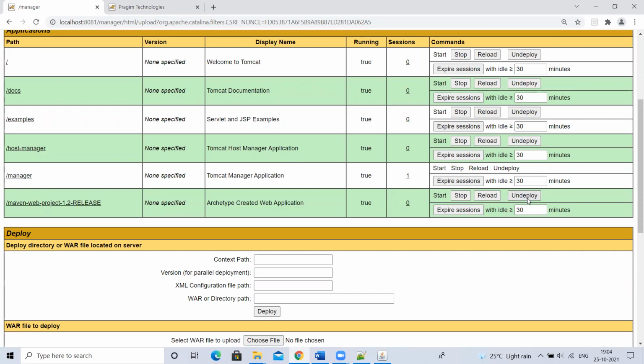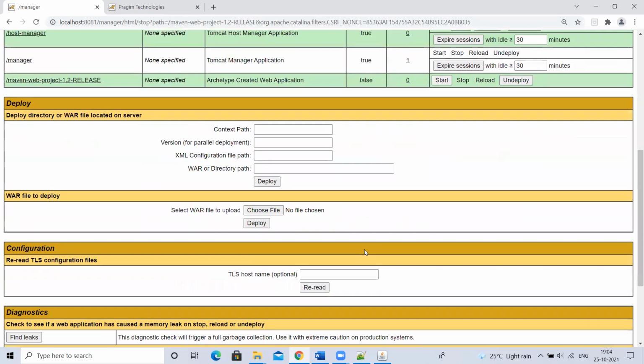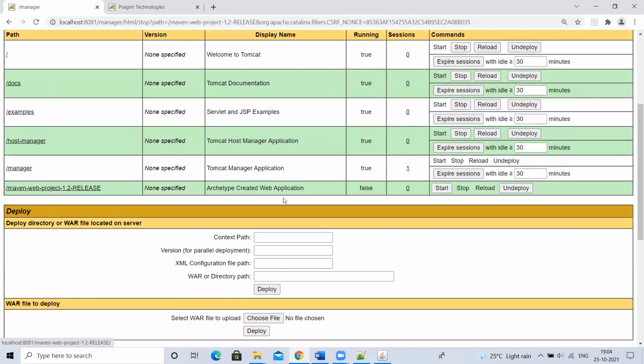If I click on undeploy, what will happen? You have seen, right? That WAR file will be removed from the webapps directory, and the application will get undeployed. Yes or no? Yes. Okay, now if I click on stop, let's see this. Is my application still here? I clicked on stop, so this got disabled. It is showing as start, meaning my application is in stopped state now. It is asking to start. If I want to start it, I can start it by clicking on this. But it is in stopped state. Yes or no? Yes.